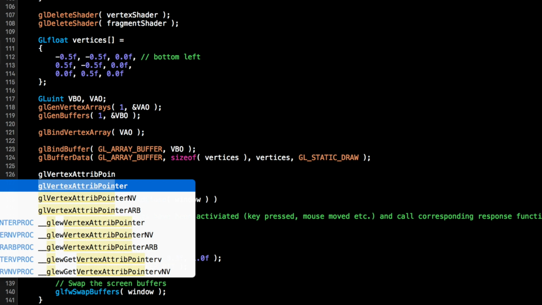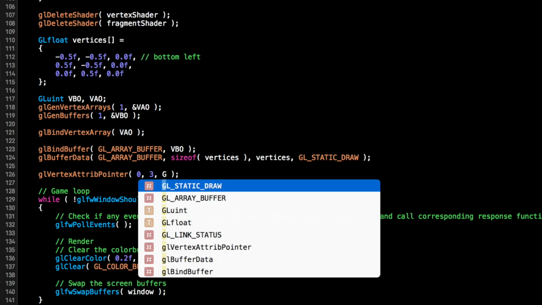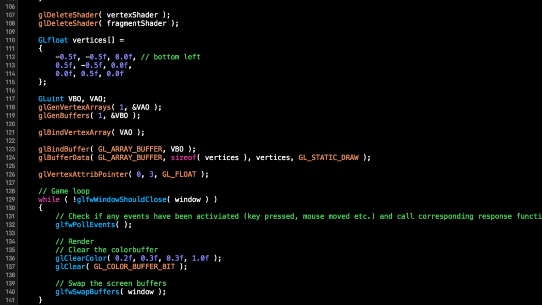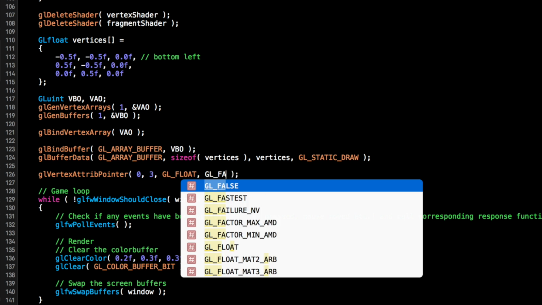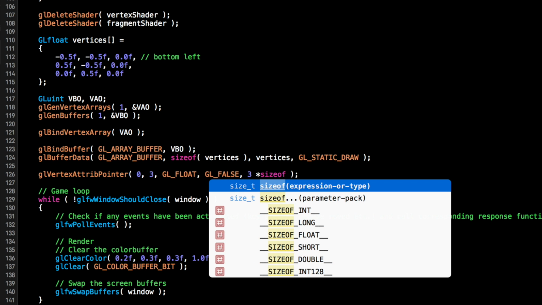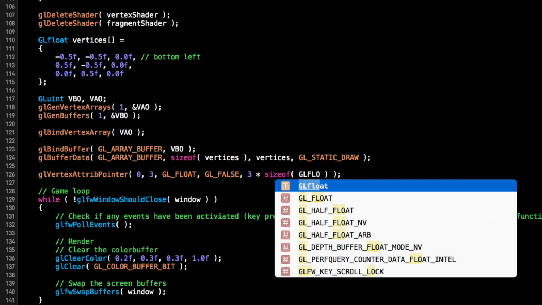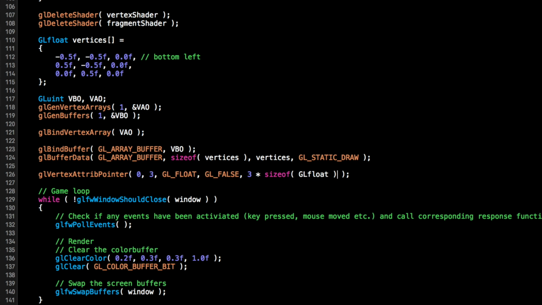like so. So this has 0, so this is where it started in terms of what point. This is the first point where it has 3 sets of vertices. What data type are the values? GL_FLOAT. Put GL_FALSE for this. Next we're going to do 3 times sizeof(GLfloat),